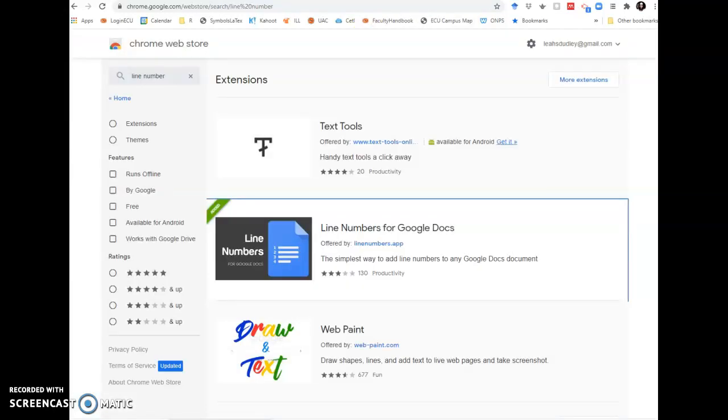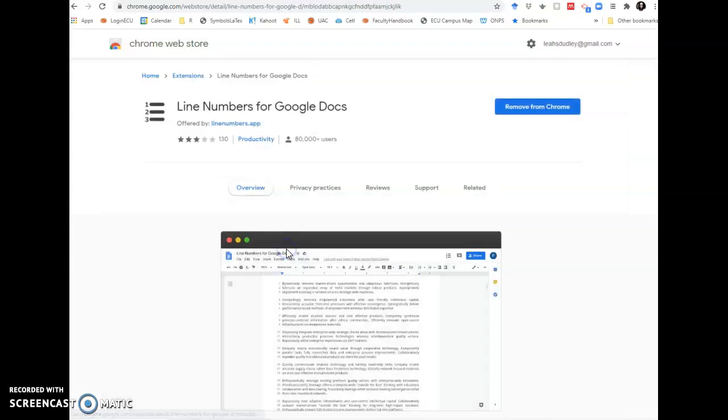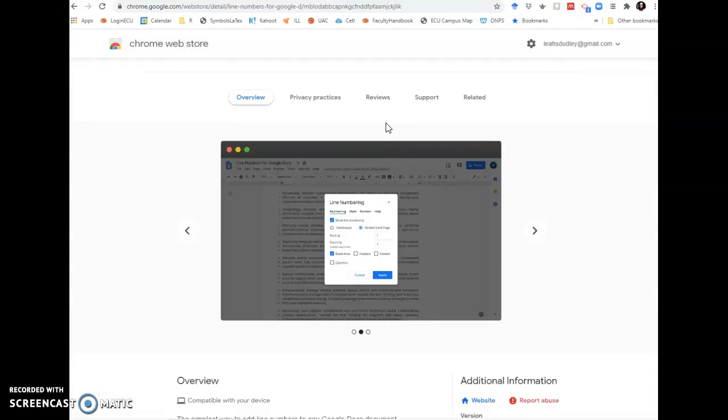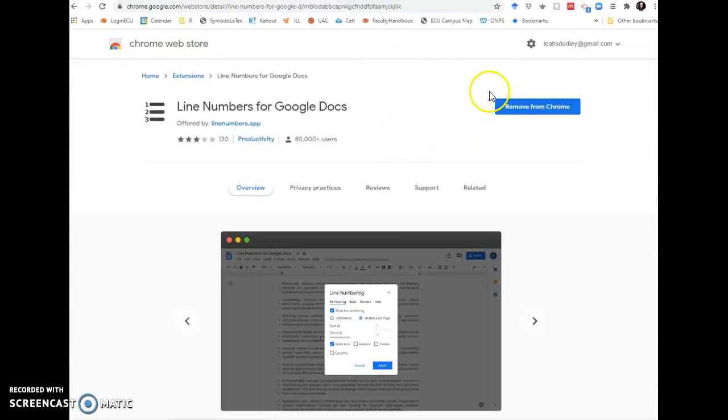When you view it on the extension side, since I already have it, I couldn't show you, but it's going to look like this, line numbers, and then instead of saying remove here, you should say add to Chrome. And once you do that, once you have it in Chrome, you should have this little icon